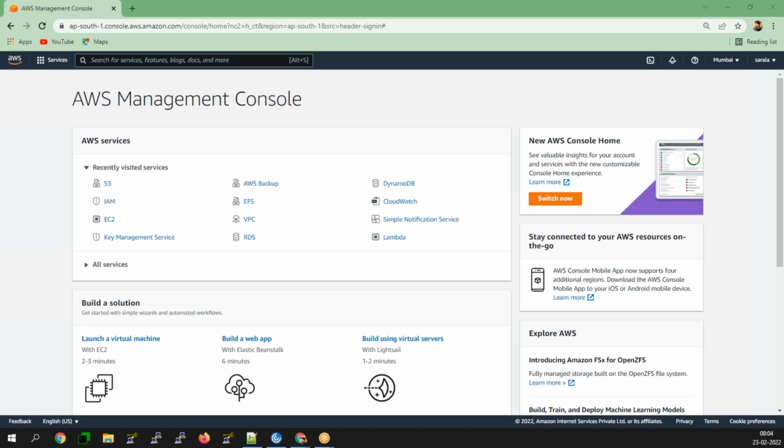Cognito is for your API way of authentication, whereas IAM is for AWS management authentication.